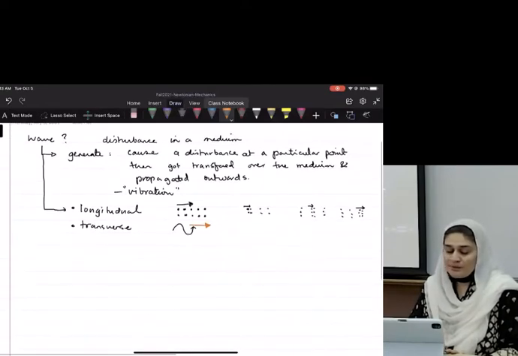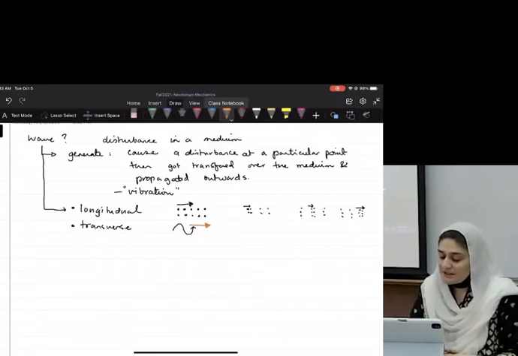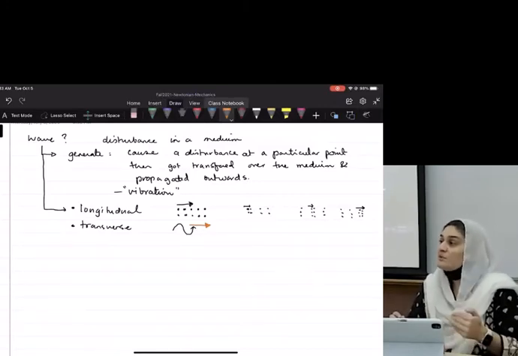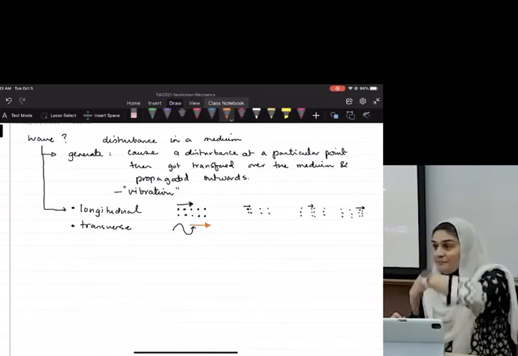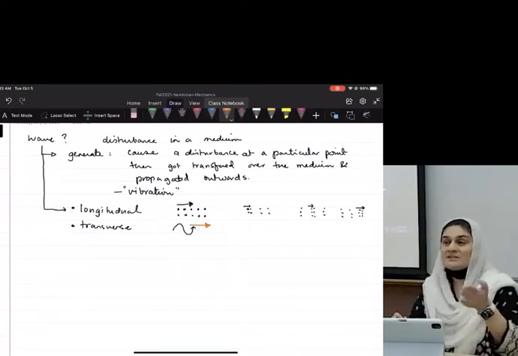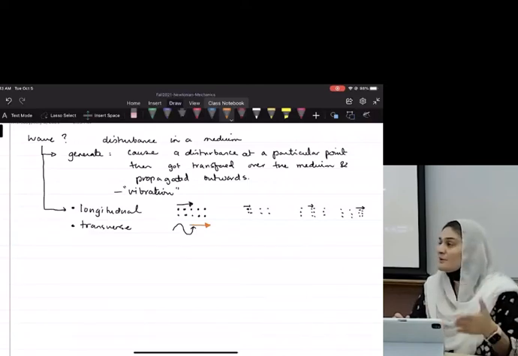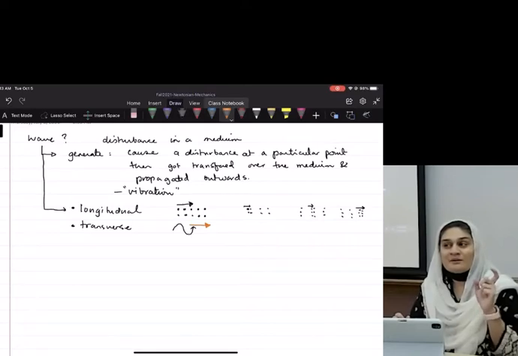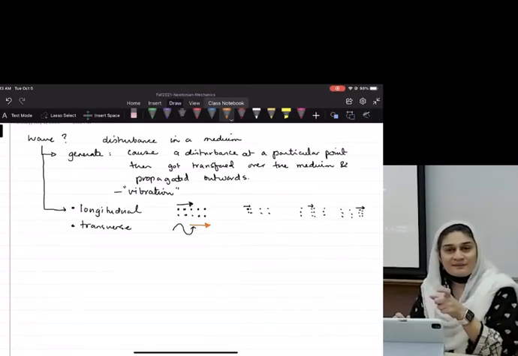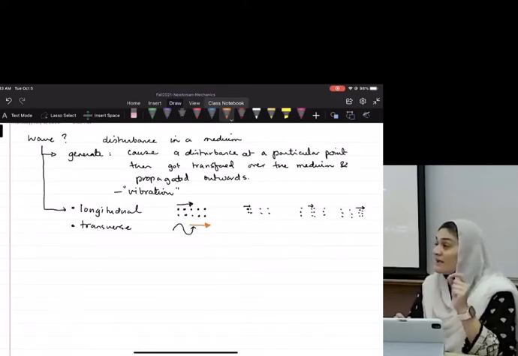Now, what are the properties of a wave? Before I begin this, most of the time the easier ones to look at are transverse waves, right? Where the medium goes up and down. And the easiest ones that we want to talk about are simple harmonic. Do you remember when we talked about simple harmonic, we said they were sines and cosines? And that is the easiest way to look at a wave.